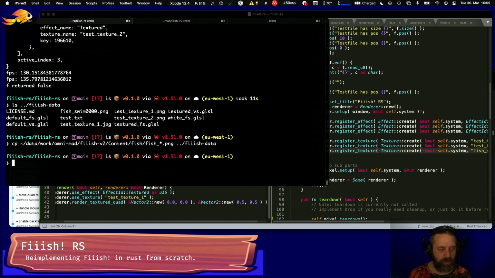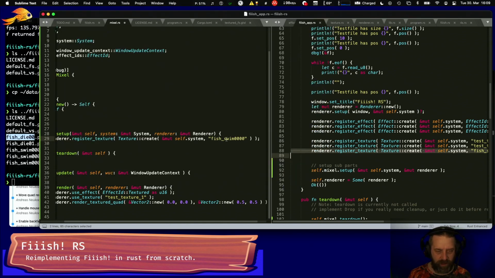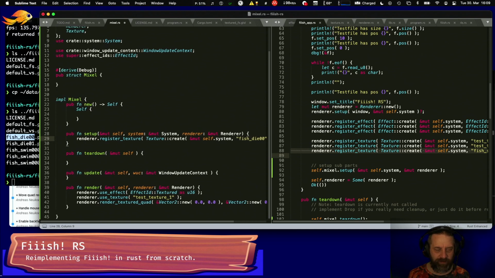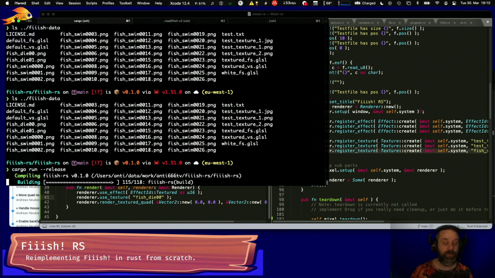And then we use the fish die here, just for testing. So we want to register the fish die, and then we use the fish die here, right? If I manage to ever hit the correct button,